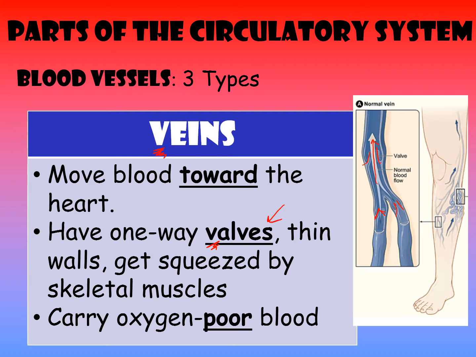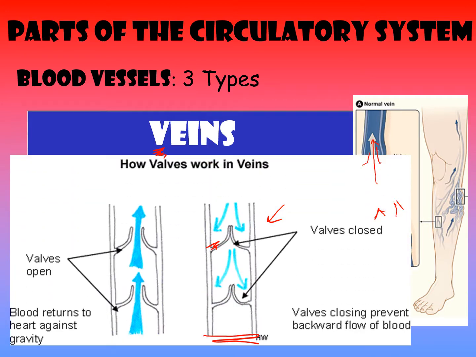And generally at this time, veins are carrying oxygen-poor blood, which means they've dropped off the majority of the oxygen at cells and have now picked up waste, carbon dioxide and other waste, and are carrying that back to the heart and to the lung. Here's another picture of those one-way valves. So again, the blood pushes through, the valves open, and then those valves shut so that the blood can't go